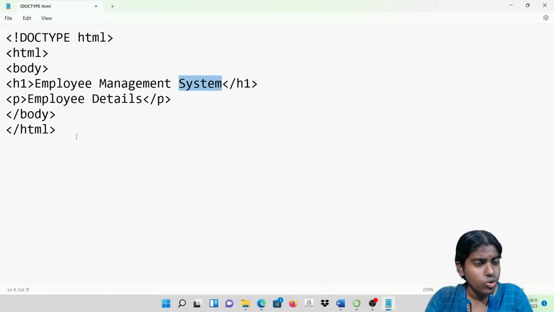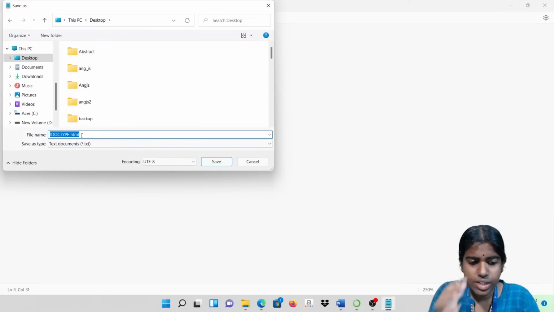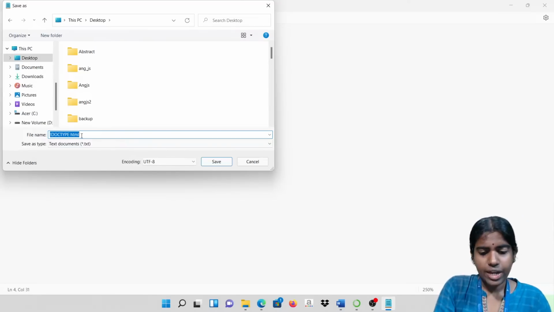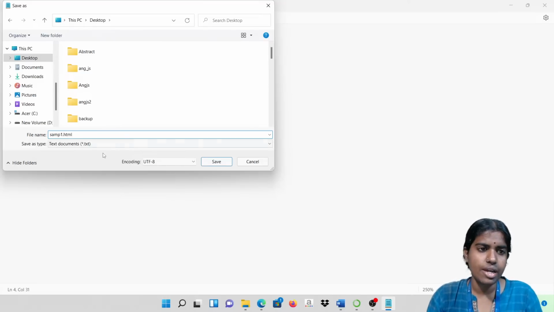Whenever you want to do any of this HTML coding, just open Notepad and type the HTML coding. Whatever coding you want to type, just type it and click the save button. So you can just save this file. Whenever you want to save this file, you are going to save it on the desktop. What name am I going to give here? I can just give, for example, sample HTML. Clear with this? So samp1, it should end with the .html extension.